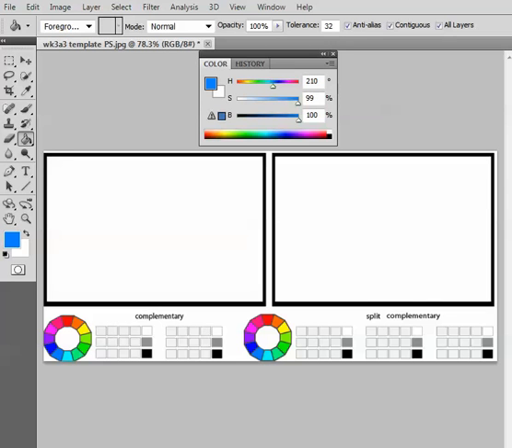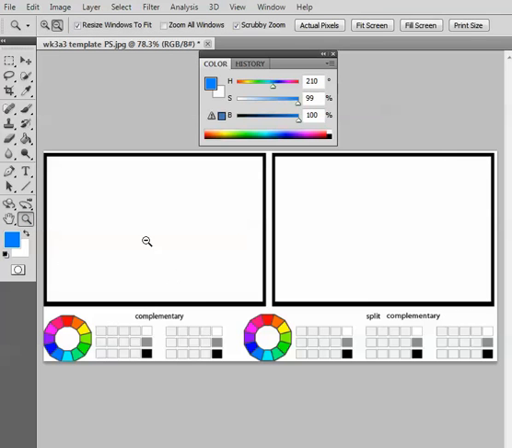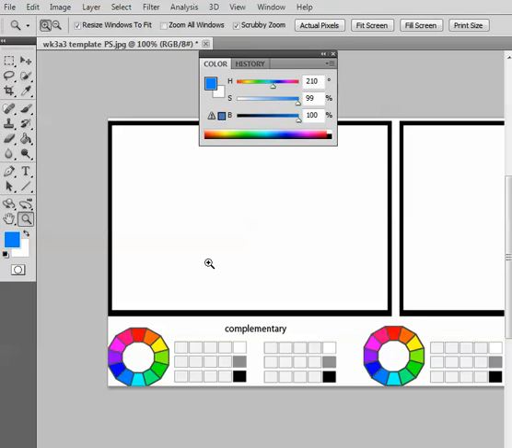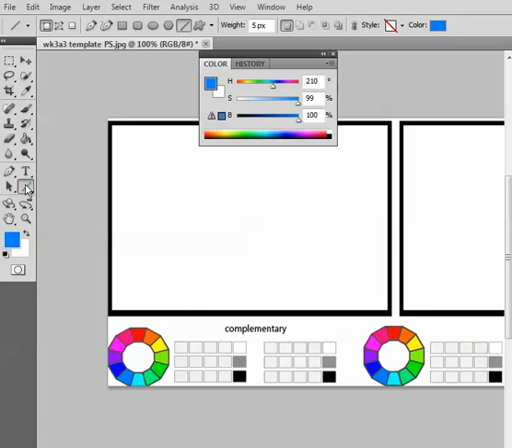Okay, we have the template open for the week 3 A3 assignment for color theory, and I'm going to see if I could show you how to do it using Photoshop. And so first I think I will make this side a little bigger so that we can see it a little bit better. Now we need to choose our colors, and so I'm going to choose this tool here, the line tool,